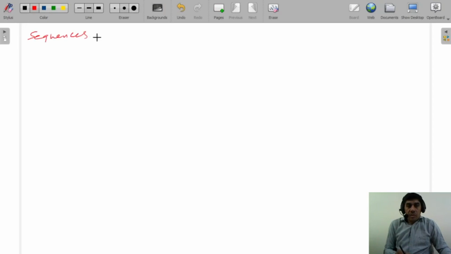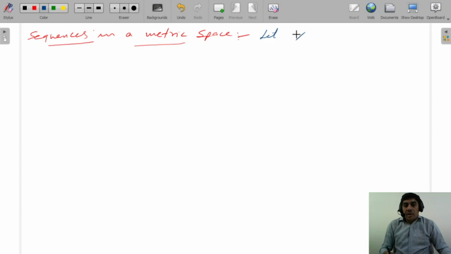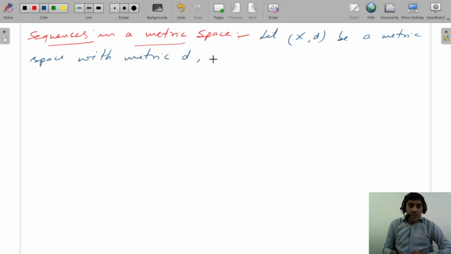Sequences in a metric space. Let (X, d) be a metric space with metric d. A sequence (a_n) in a metric space